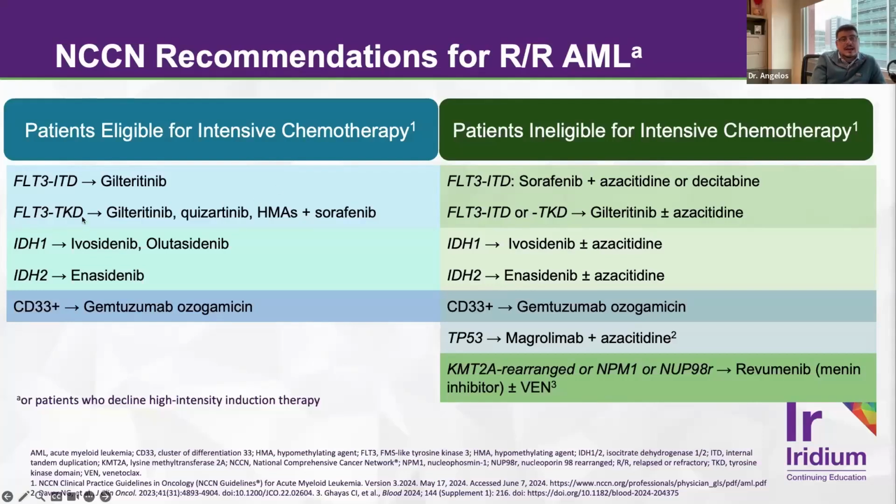So for example, if patients have FLT3 ITD, options include putting them on single agent gilteritinib. What we don't really use in the United States are more old school flavors of FLT3 inhibitors like sorafenib in combination with hypomethylating agents. Again, IDH1, IDH2 inhibitors play a very important role if these mutations are present. And if patients are CD33 positive, there is a consideration for potentially challenging a patient with gemtuzumab ozogamicin. This is an anti-CD33 antibody drug conjugate that is approved in the relapse refractory setting, but also something we use in the upfront setting for individuals that have core binding factor AML.